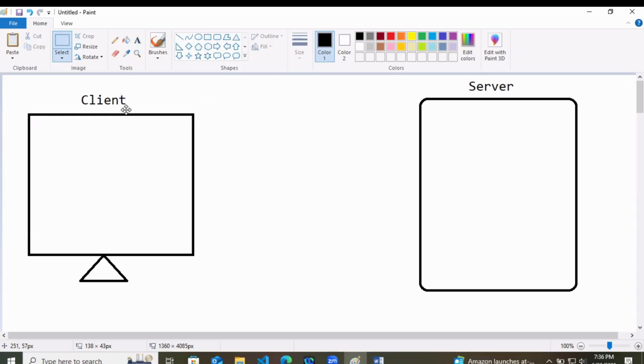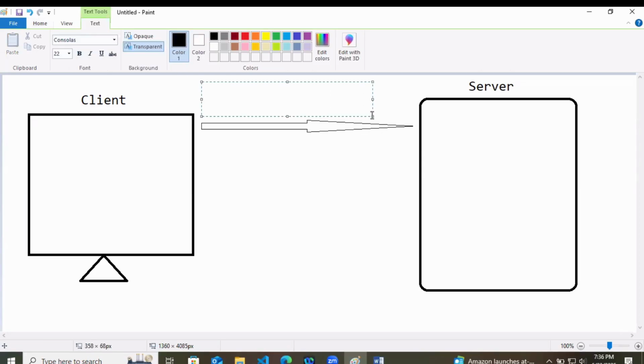It goes in a very simple way. In the first go, a client will make the login request.